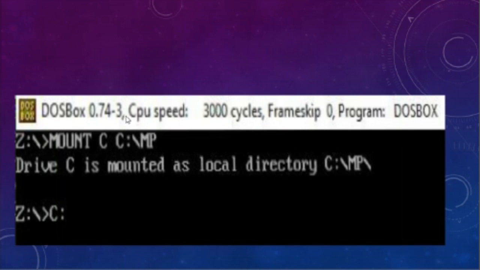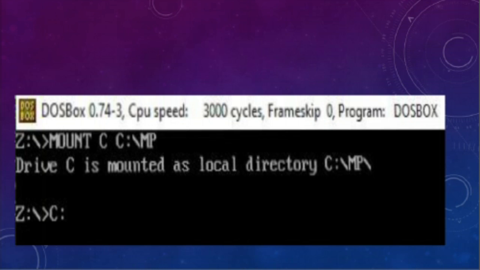See here, in the first step, the Z drive will be there. We have to mount C:\mp. This mp is the folder where DOS is stored in my C drive. So whatever further program I have to perform, I have to perform in the C drive.